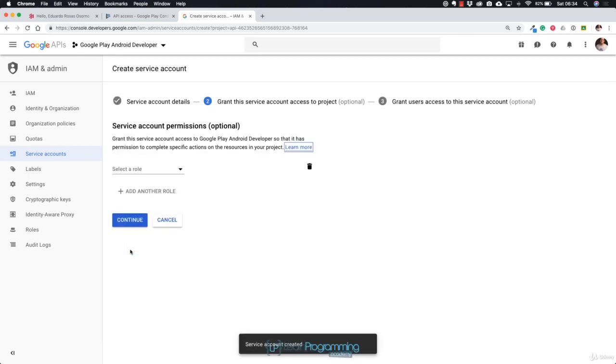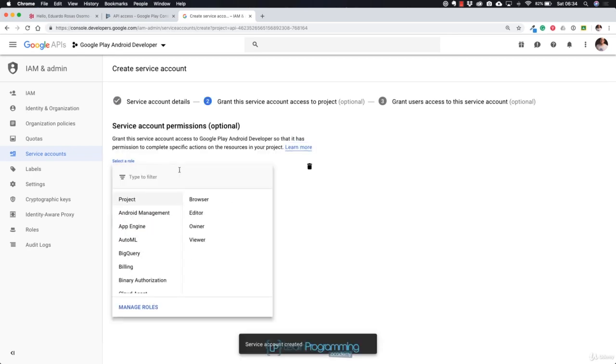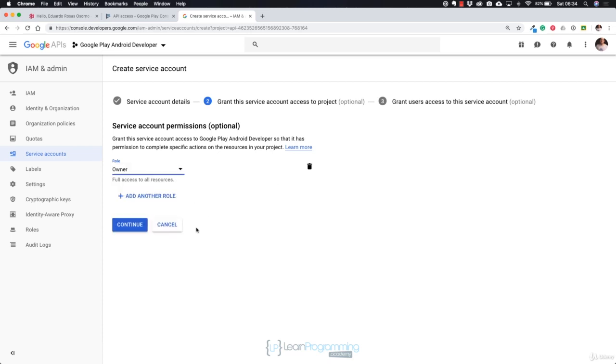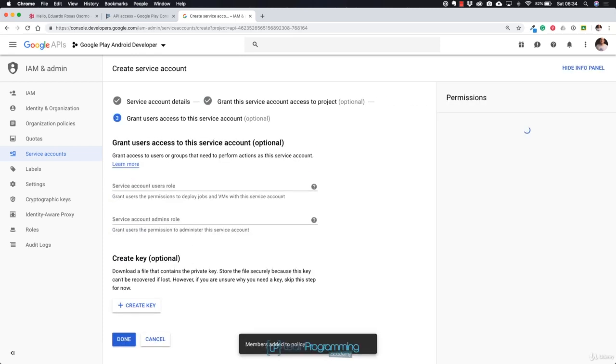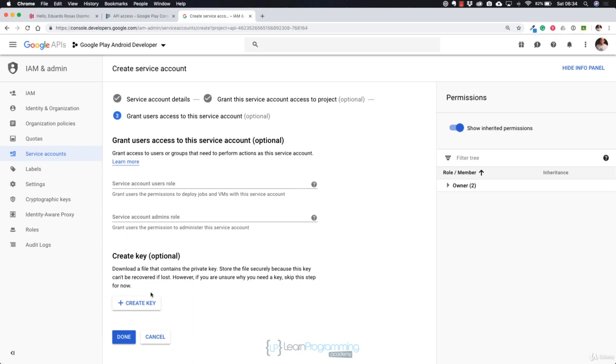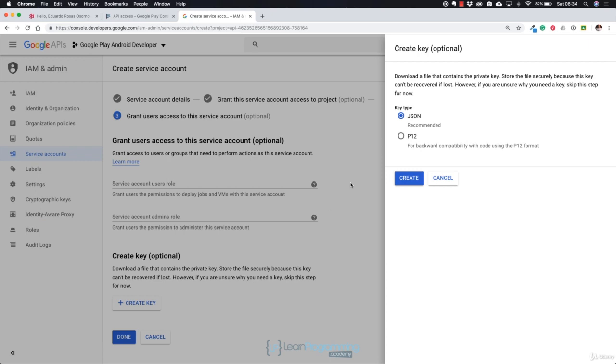Hit on Create, and in the role I will have to select Project and I will select Owner. So this new profile is going to be an account owner, and I can hit on Continue now. And here what we will have to do is select in the third step the Create Access button, and we're going to be creating it with a JSON. You may remember, in fact, there's another option for P12, which is the exact same type of file that we uploaded in the case of iOS, but in this case, we're going to select JSON,